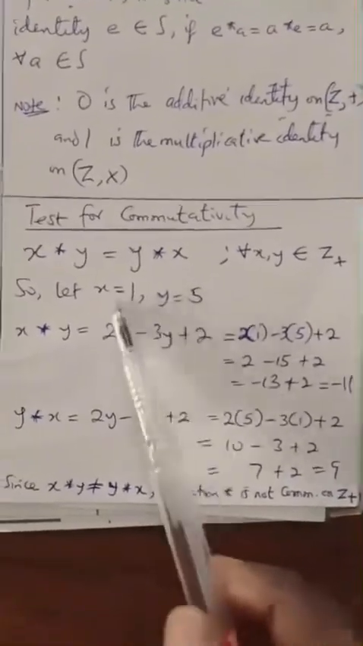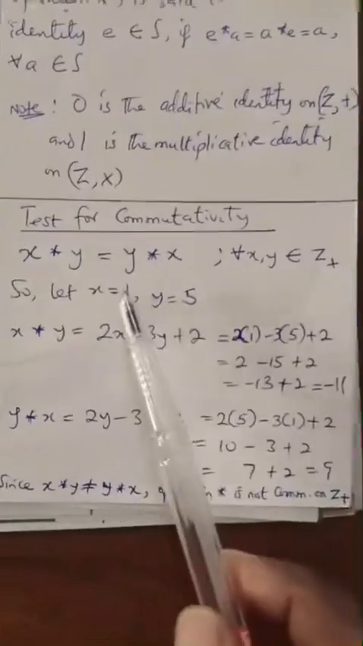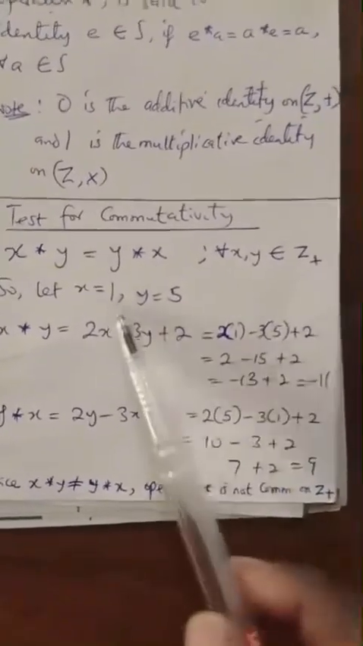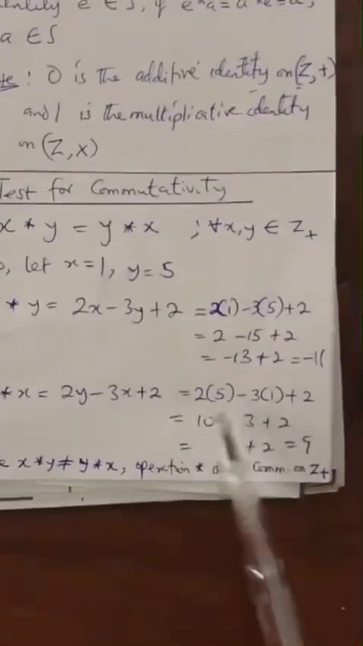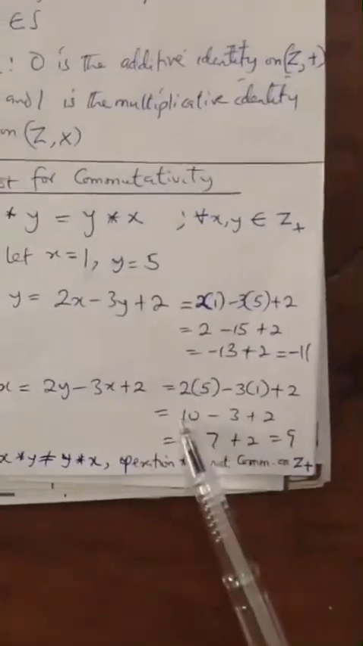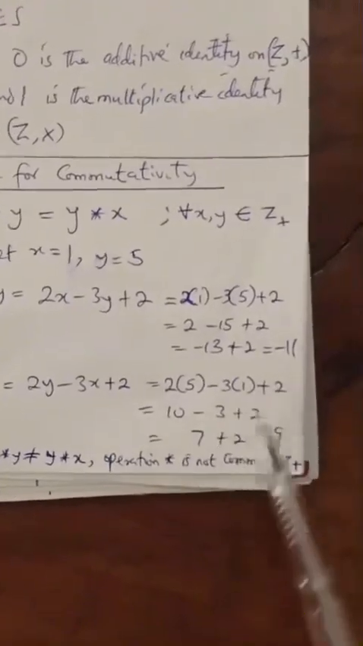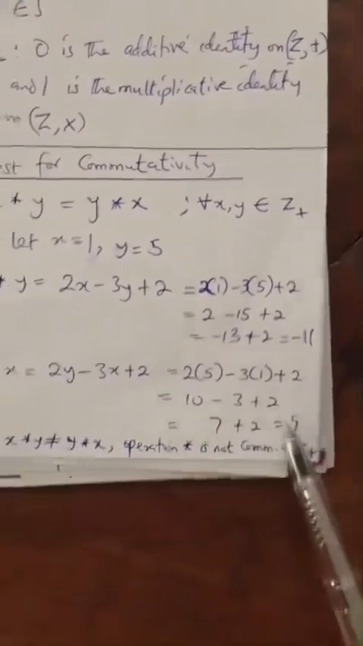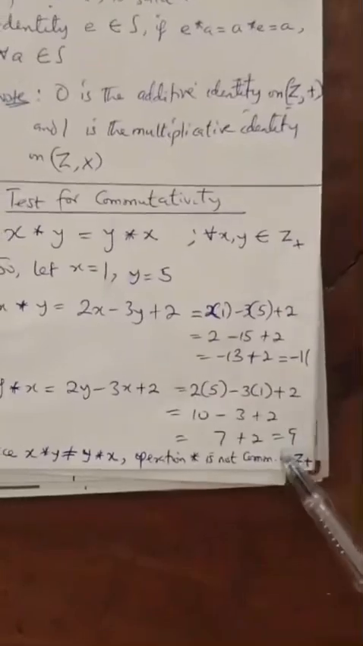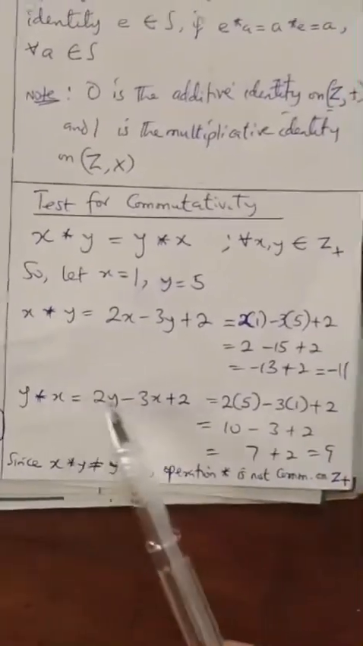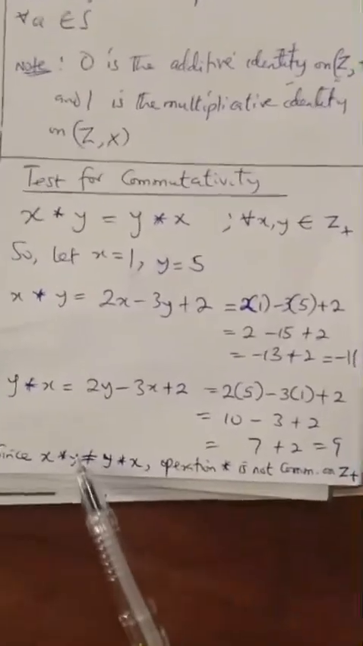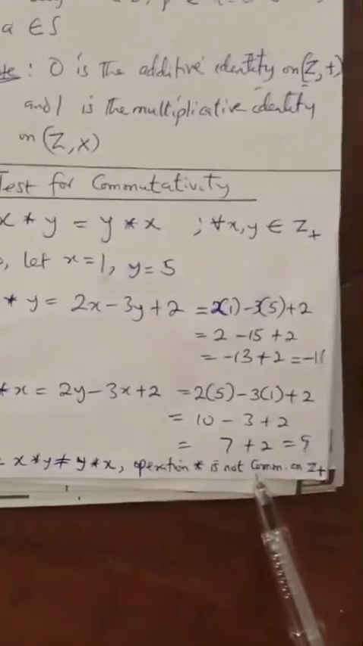So you try by trial and error. I decided to choose 1 and 5. You can choose 1 and 6 if you like, 1 and 7, but the gap should be there, so I think it's an ideal test pair. So 2 times 5 is 10, minus 3 times 1 is minus 3, plus 2. You're going to get 7 plus 2, which is 9. So you observe that minus 11 is not equal to 9. That means x operation y is not equal to y operation x. So therefore the operation is not commutative on